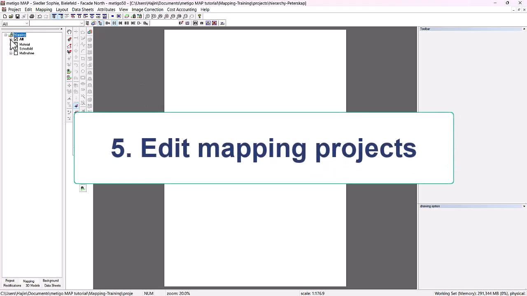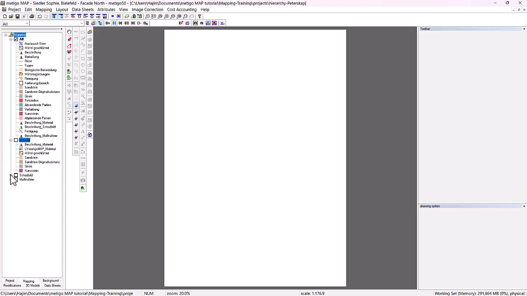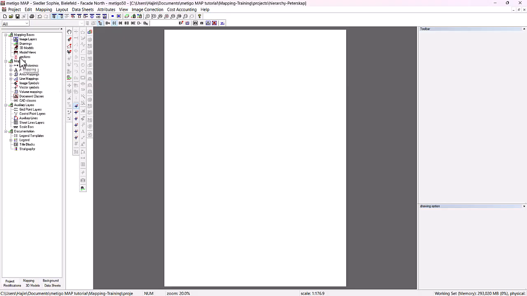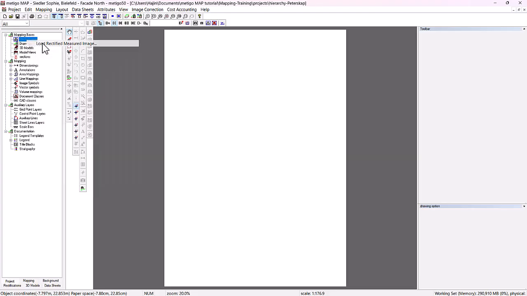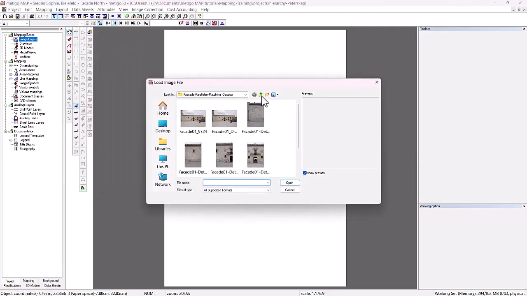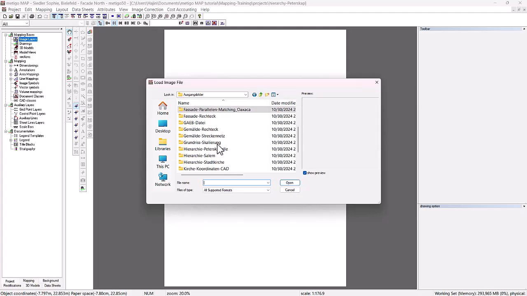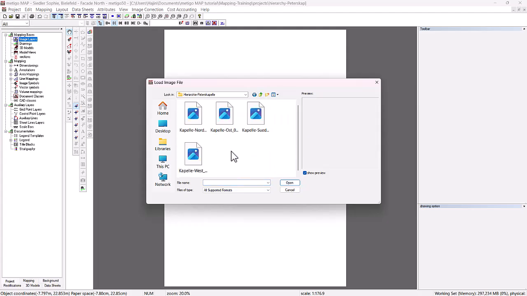So we now see the mapping classes and the groups that we imported in the Naturstein template, and this is now automatically the same for all projects. I go down to the left on the project tree, go to the node image layer, right mouse button, load rectified measured image, and in the German folder Kartierung, Schulung, Ausgangsbilder, Hierarchie, Peterskapelle, you will now find 4 files for the individual 4 projects. We start with the north facade and say open,